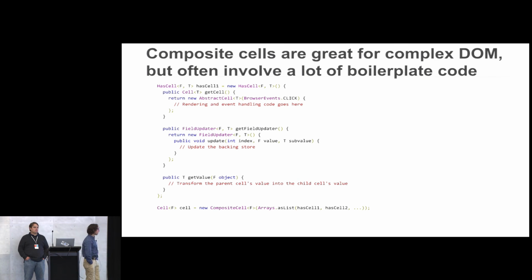Unfortunately, creating one of these composite cells often involves a lot of boilerplate code. Maybe this is the reason why so few of you used it so far. It's a bit intimidating, the API. You have to first create these HasCells. A HasCell has 3 important methods: get cell, get field updater, and get value. You have to implement each of those. Cell tells you what the actual nested cell is. Updater is used for updating the backing store. And get value is how you transform the parent data type into another data type that's appropriate for the subcell. Once you define that HasCell,